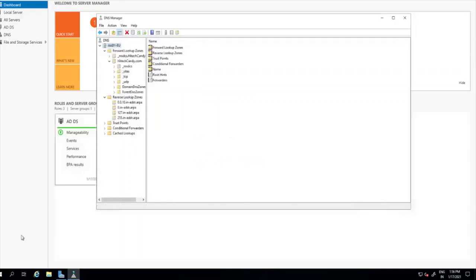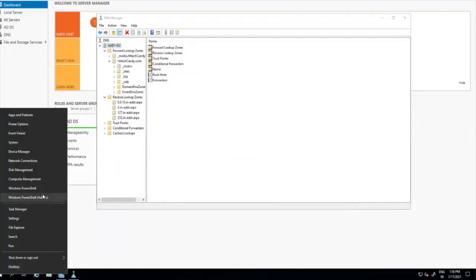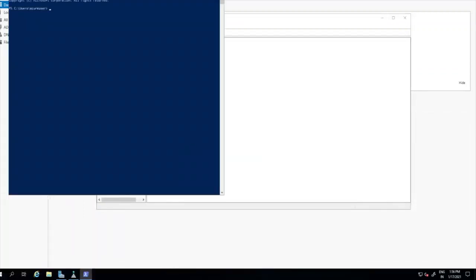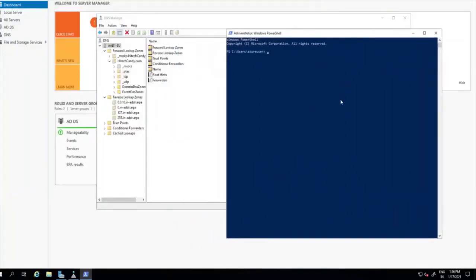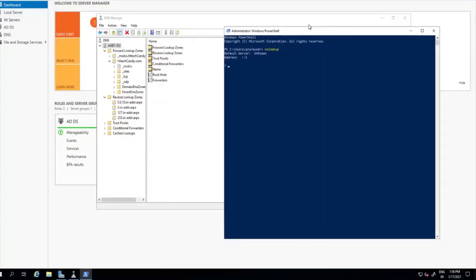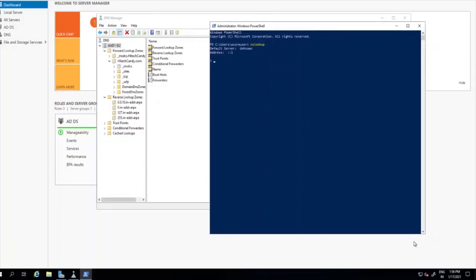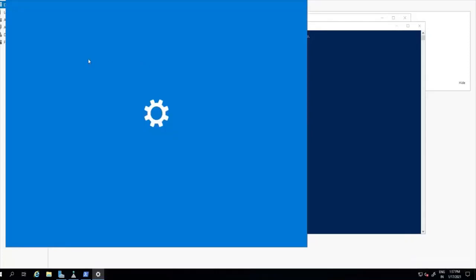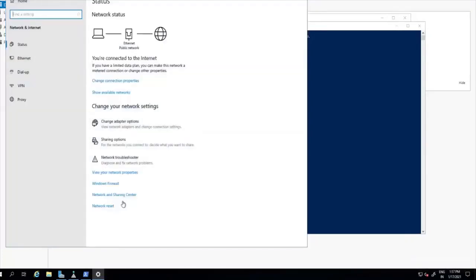Okay, so how to verify it? You go to the command prompt, or maybe you can go to PowerShell, it's okay. And you just hit the NSLOOKUP command here. So you see, I am getting an IPv6 address, so it's okay because I did not disable IPv6 while I was installing this. But you can do that prior to installation.